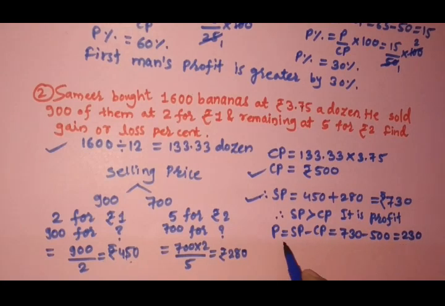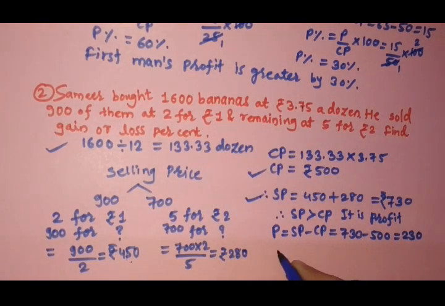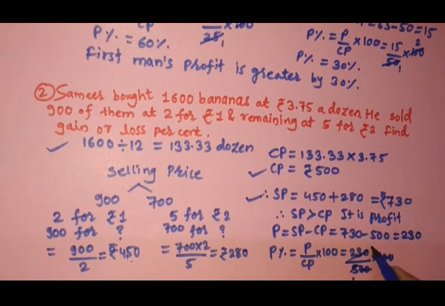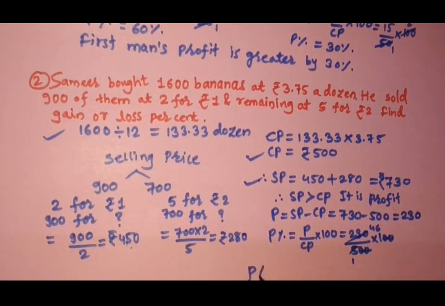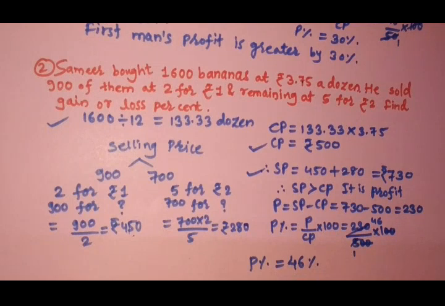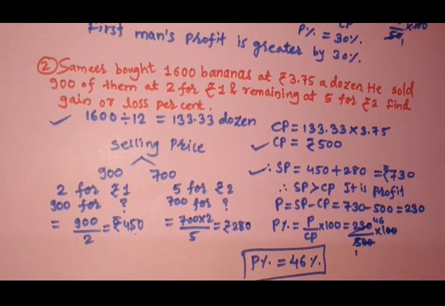So now this 230 is the profit earned in the whole transaction. Now you need to find the profit percent or gain percent, which is nothing but profit upon CP into 100. So you'll get 230, which is the profit, and CP was 500, multiplied by 100. So friends, just do the simplification. These two zeros will cancel, and 5 ones are 5, 5 fours are again 5, 6 are 30. So children, here you can see profit percent is 46. So you can write 46% is the gain. So profit in this case is 46%.